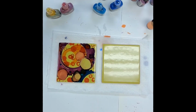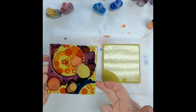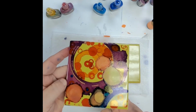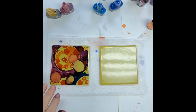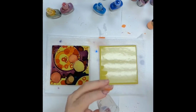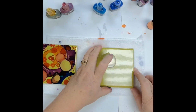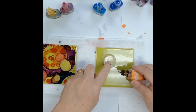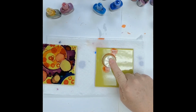Okay, so what I'm going to try and do with this one is show you how to do some concentric rings and do kind of a cool circle design. So I'm going to try and replicate this one, doing the same techniques I used to make that one. So what you need to do is take some little plastic containers of different sizes, or glass, it doesn't matter, and what you need to do is hold your container down, and with just a little bit of alcohol ink, so I'm using like 2 drops here, you need to put it around the rim of your container, and you're going to need to hold this for a while and let